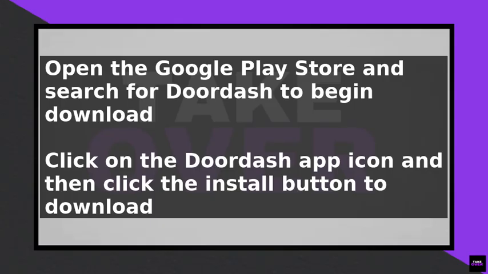You will need to sign into your Doordash account or create a new one if you do not have an existing account. Once signed in, you can use the Doordash app on your computer just like you would on a mobile device. You can browse restaurants, place orders, and track the status of your delivery all from the comfort of